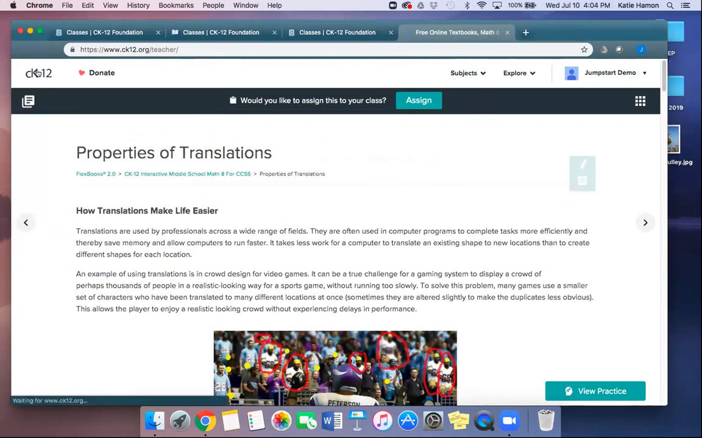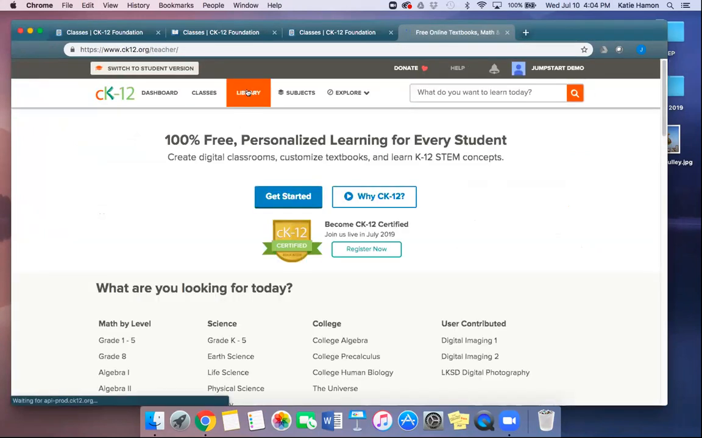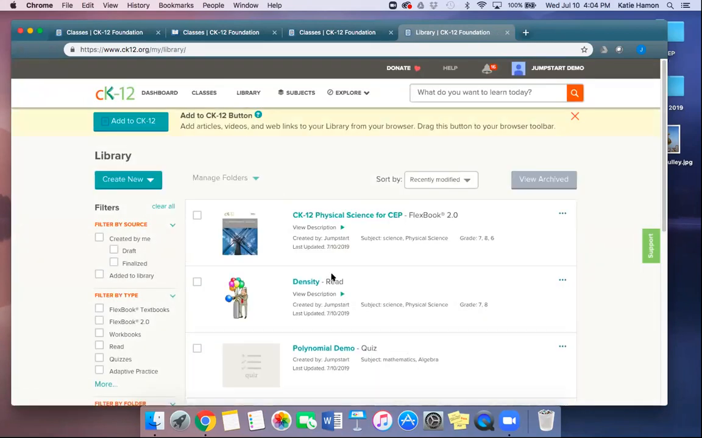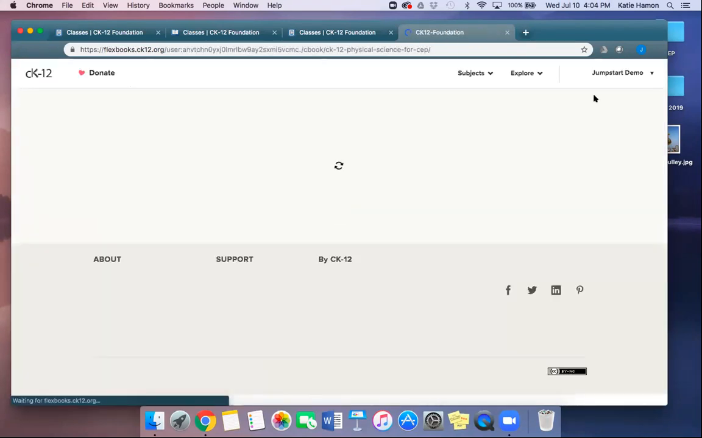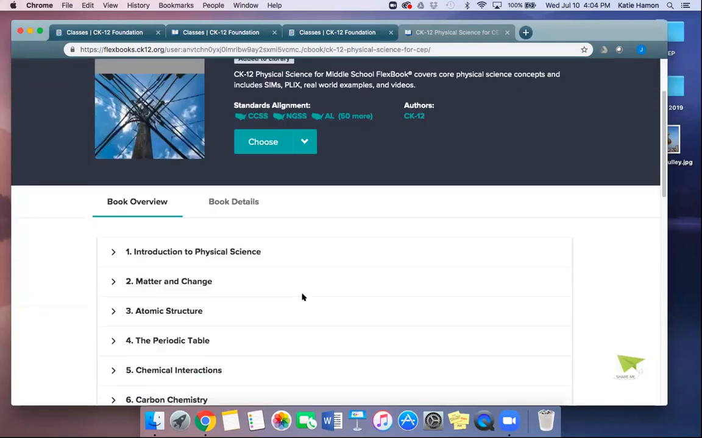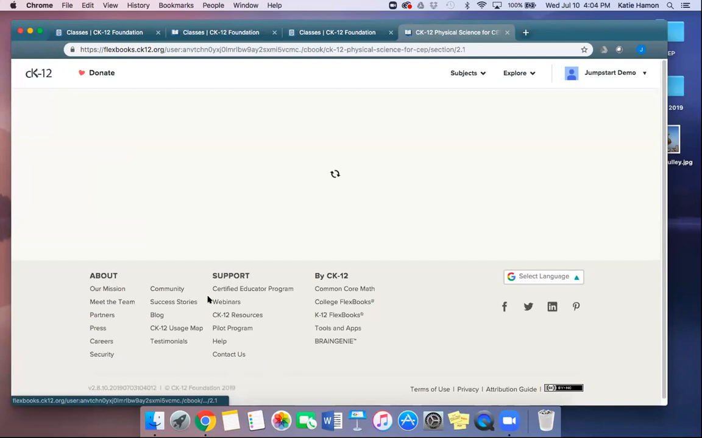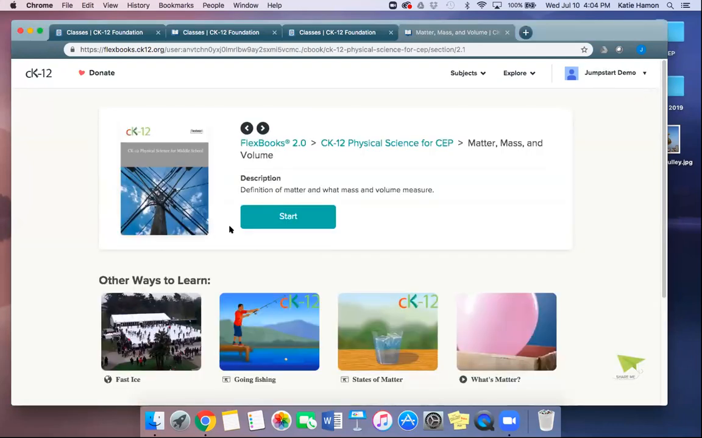But if I was in a book that I owned, so let's go back there just for a second. So I'm going to go to CK-12. I'm going to go to my library where I can find anything I have customized. It's super helpful. And the most recent thing I customized was my physical science Flexbook option. So if I choose this and I have gone into matter and change, and note here, I have already swapped this out